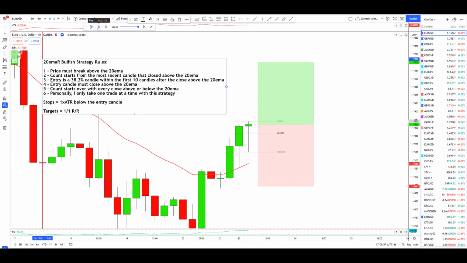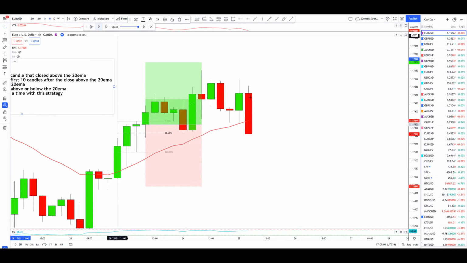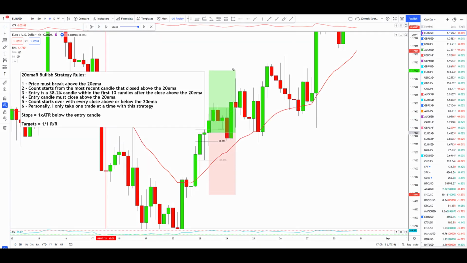Now let's see how this trade plays out. Then we'll discuss some of the other nuanced rules. As you can see, this trade pushed up and eventually hit our targets quite easily. Now, the next rule is that the count starts over every time we get a close above or below the 20